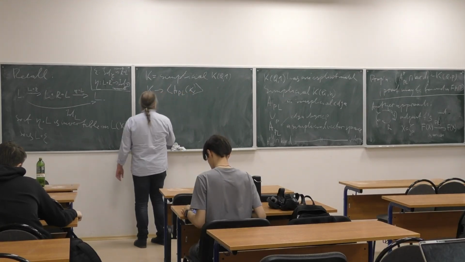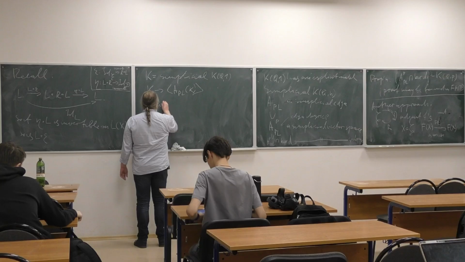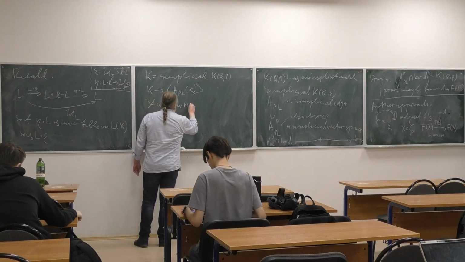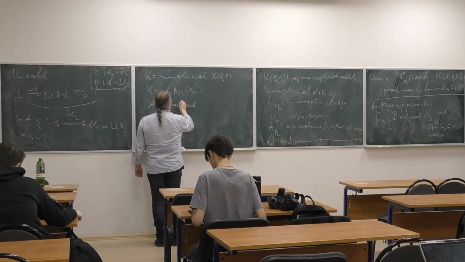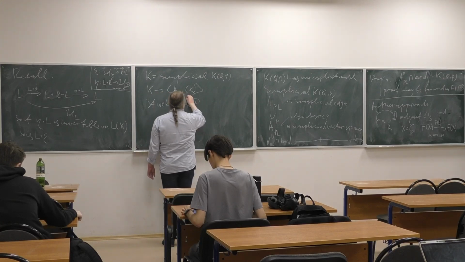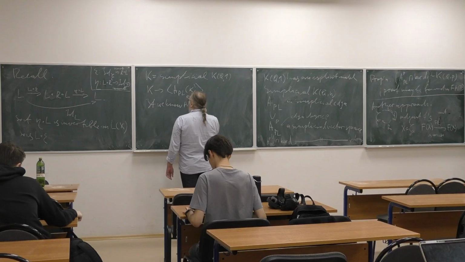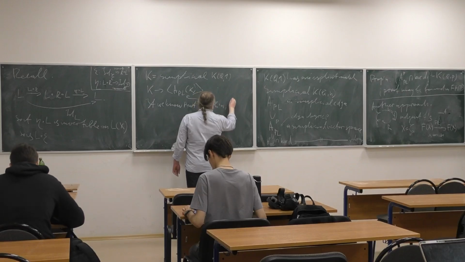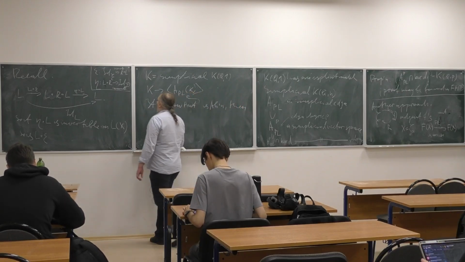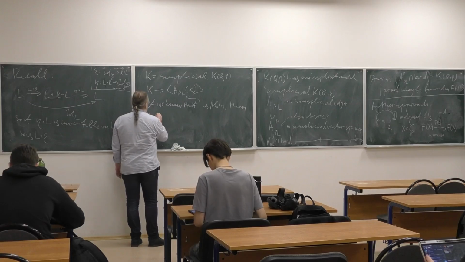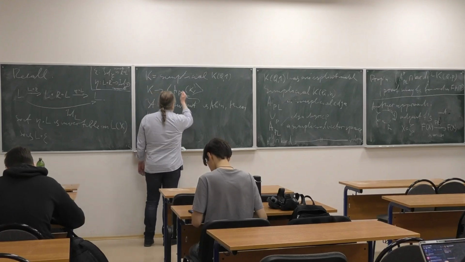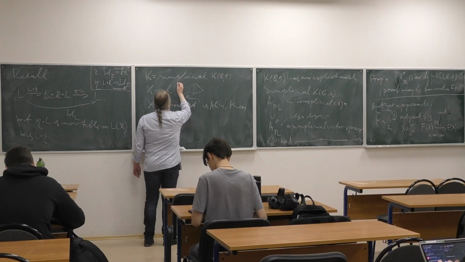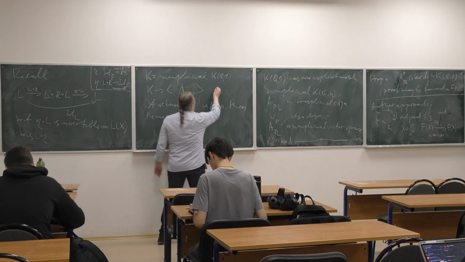If we somehow know that the space on the right is abelian, then actually, let me write a lambda here, where lambda